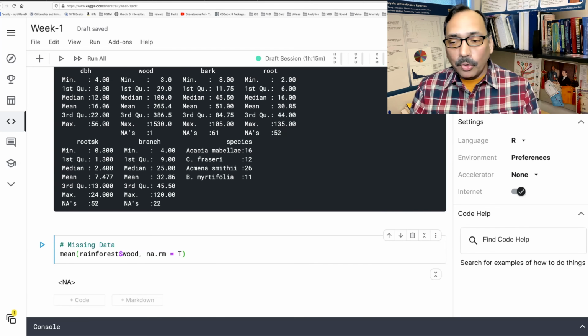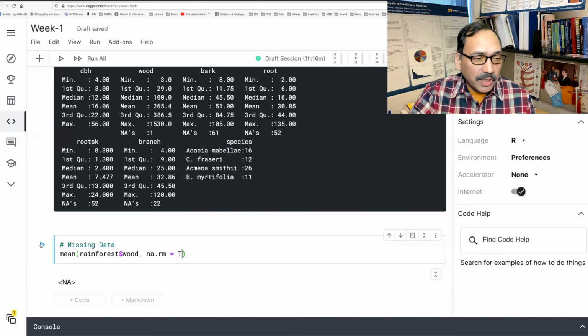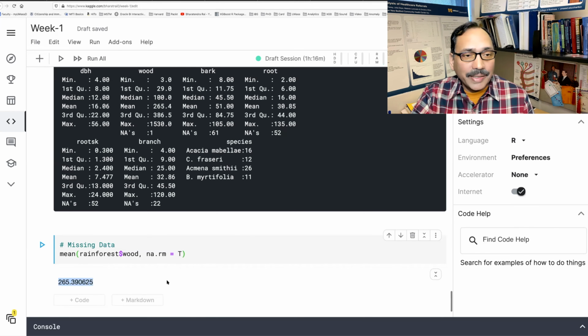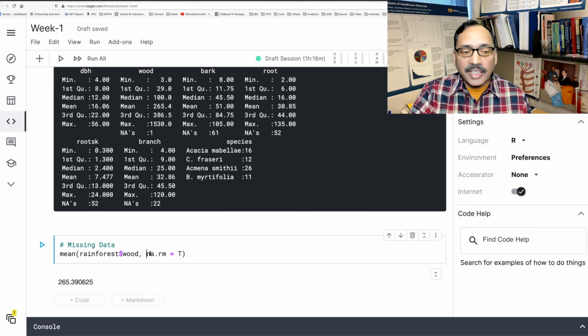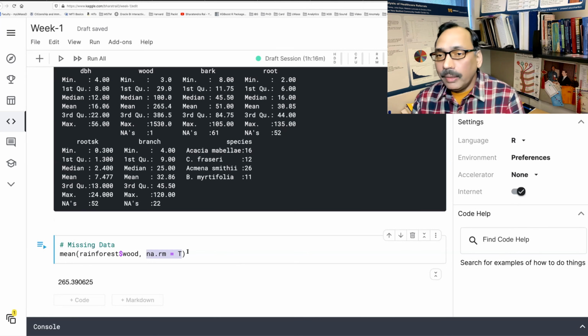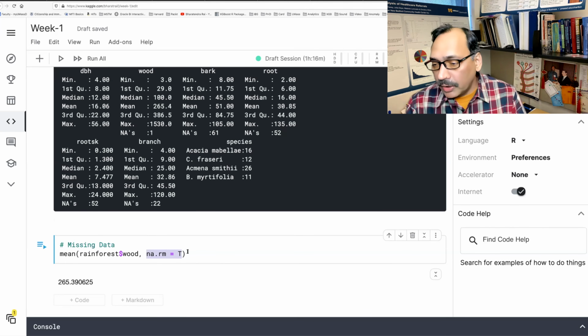Can you remove those NA values and then calculate mean from the remaining values? So when you run this, then it's going to tell you, okay, based on the remaining values, mean is 265.4. So it has done that automatically actually in summary. But when you are trying to find mean, standard deviation, or something else separately, you may land up into problem if there is a missing data. So this is an easy way to find mean from all the remaining data points.